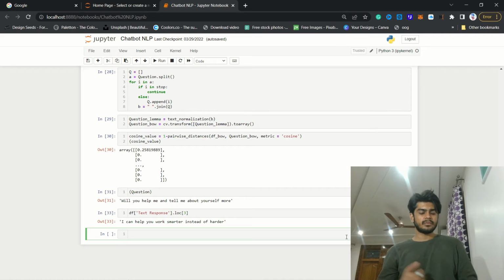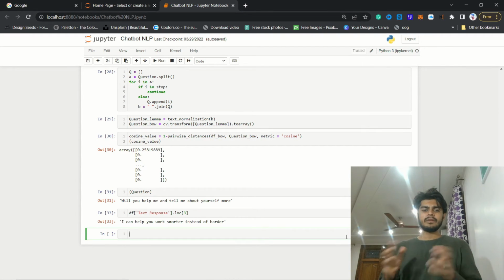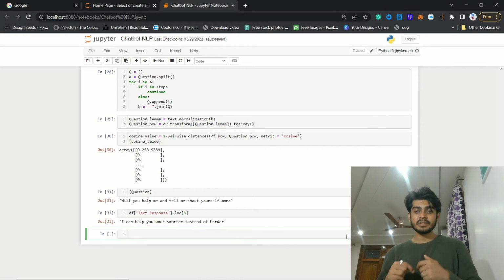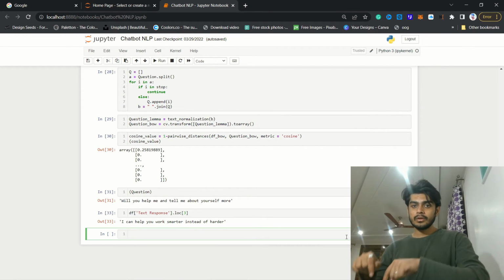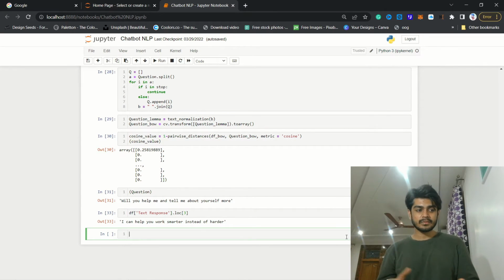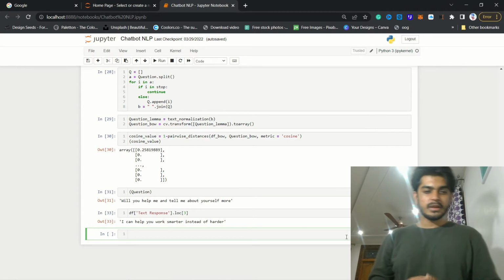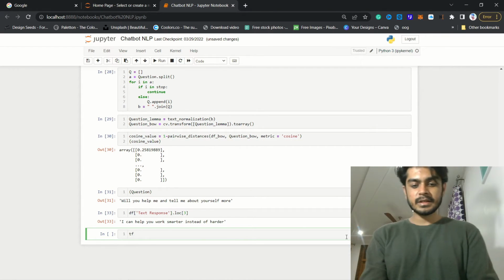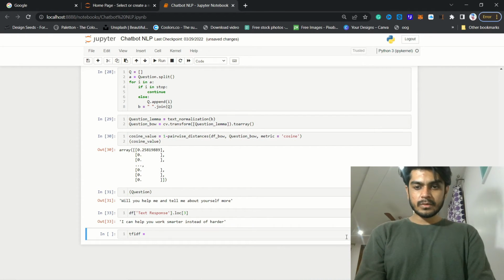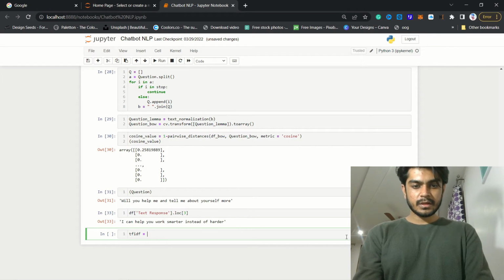Now we will go ahead and create tfidf. What is tfidf? tfidf stands for term frequency inverse document frequency: how many times a term occurs in a document and how many times that document occurs in our data frame. This is what we are going to calculate, and this is what tfidf stands for. We will say tfidf is equal to,